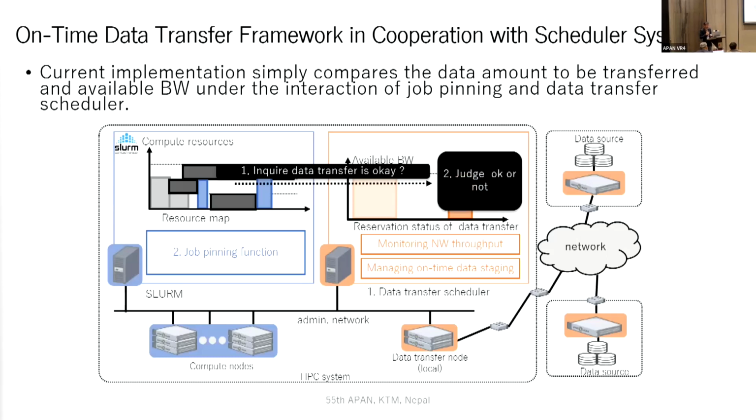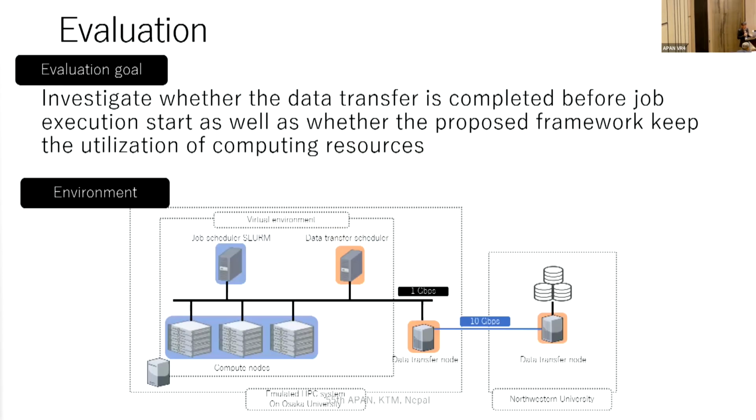If the data transfer scheduler says okay, the scheduler pins the start time of the job and waits for the completion of data transfer. On the other hand, the data transfer scheduler has the responsibility of monitoring network throughput and managing network boundaries. So this is our environment. Our simple environment